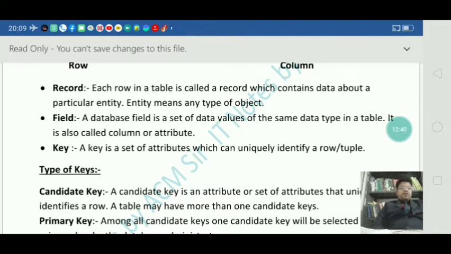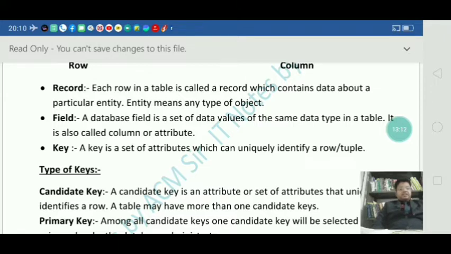Like we have taken 1, 2, 3, 4, 5, all these values for roll number. So roll number is a field. Next, for name we have taken different names. All those names constitute another field.